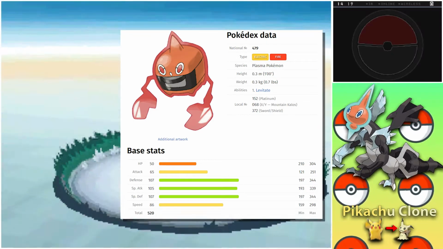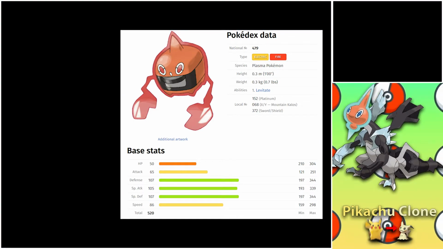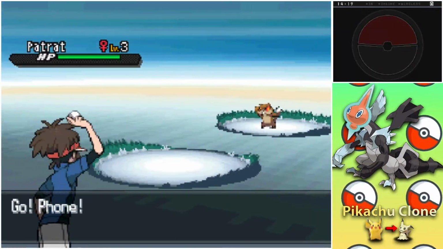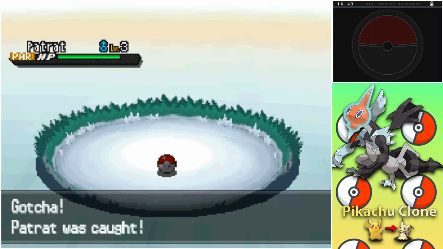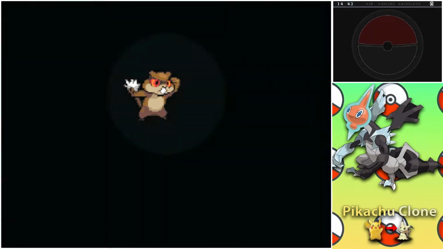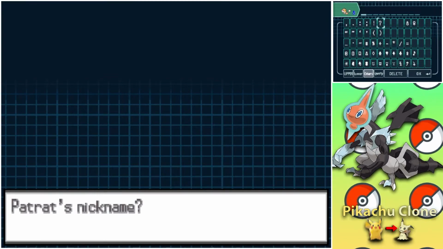Rotom's other forms lower its base speed by like 10 points, but that's still pretty good. So even in its other forms, Rotom is still pretty fast, so we grind this day and the next day for speed on Purloin, catch a Purloin and Patrat, which I assume can learn Cut, and some other HMs. But I haven't seen gameplay of this game nor played it enough myself to remember what HMs are needed,